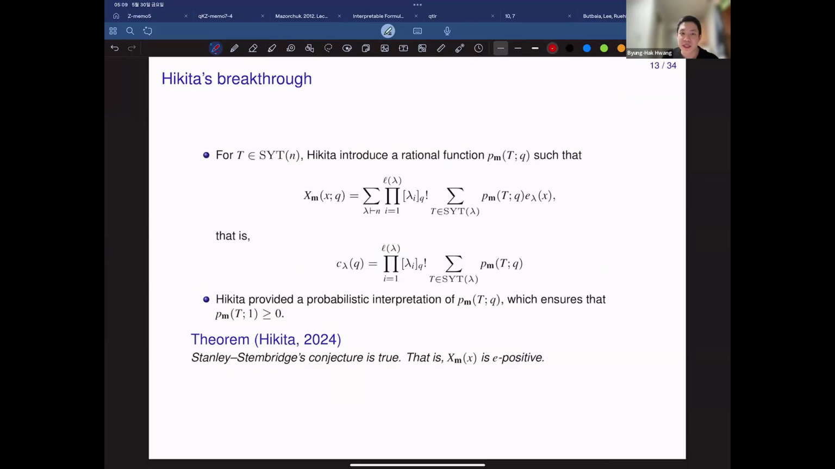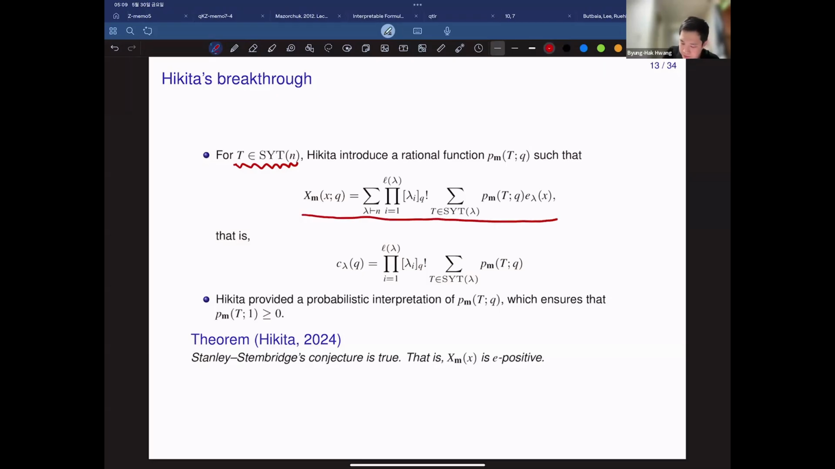Then, as Hikita presented, he proved the Stanley-Stembridge conjecture using the new rational function he introduced. Let me give a brief summary of his result. Take a standard Young tableau T. Hikita introduced a rational function on this T. We denote it by P sub m of T, such that the chromatic quasisymmetric function is given by